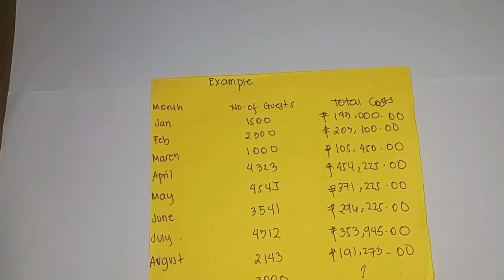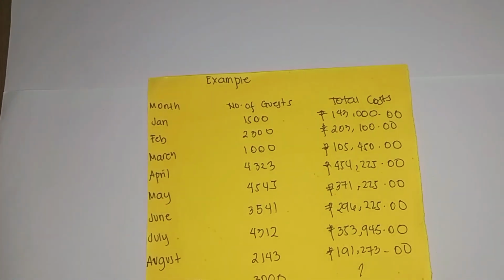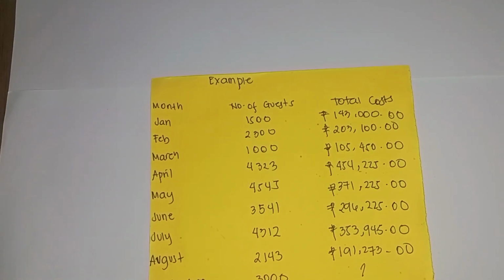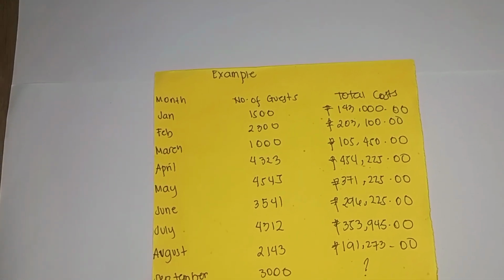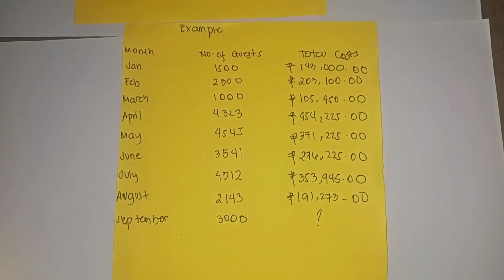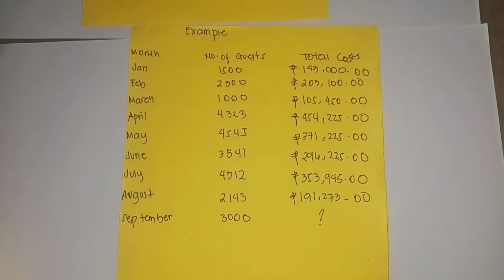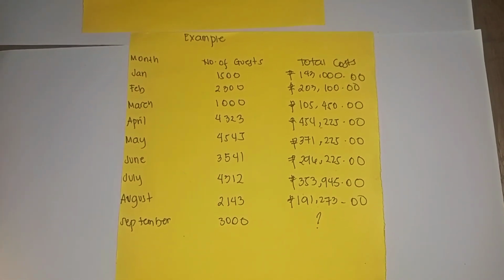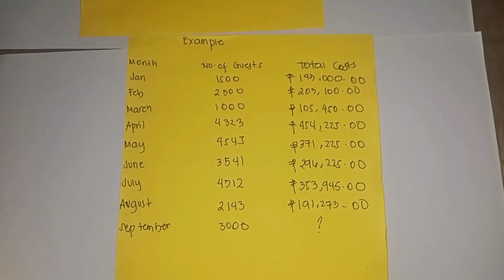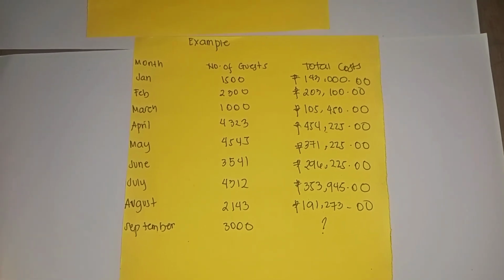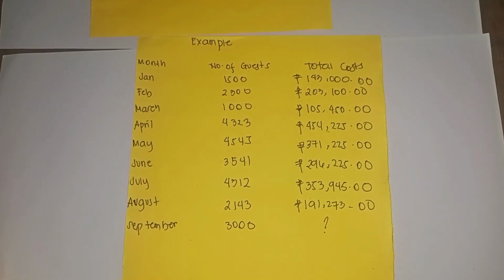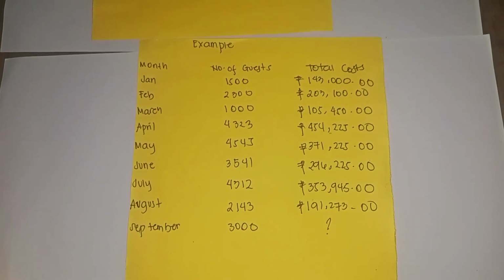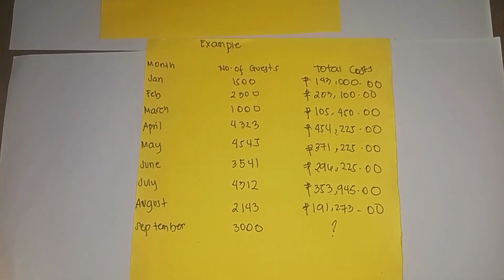371,225 pesos. And in the month of June, we have 3,541 number of guests and a total cost of 296,225. And from the month of July, we have 4,312 number of guests with 353,945 pesos total cost. And in the month of August, we have 2,143 number of guests with 191,273 pesos total cost. So since I have already given you the example, now let's apply the steps of the high and low method